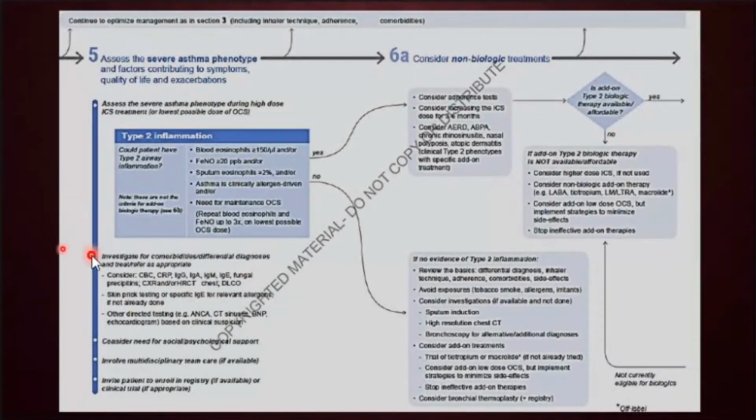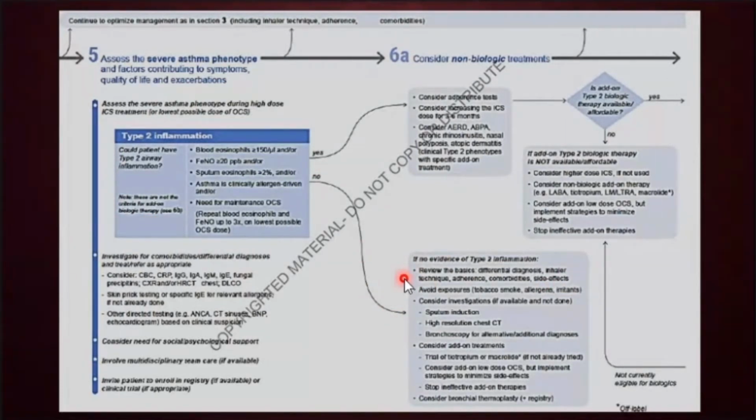Okay, then other investigation that you can do is basically to rule out other causes which may be causing worsening other than asthma. So you look for other comorbidities, then you look for infections, you do CRP, IgA, IgM, look for fungal assay, look for other causes. Okay, then you consider the need for social, psychological support, and then if there's no evidence of type 2 inflammation, then